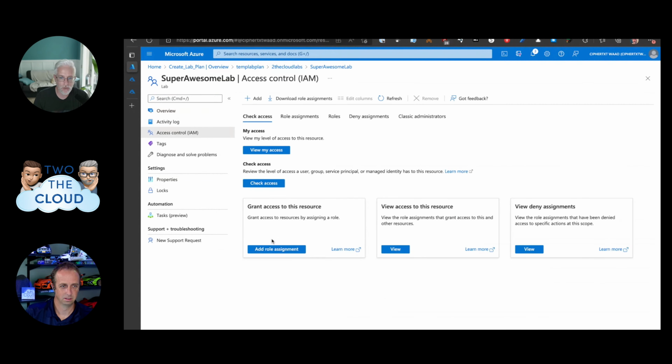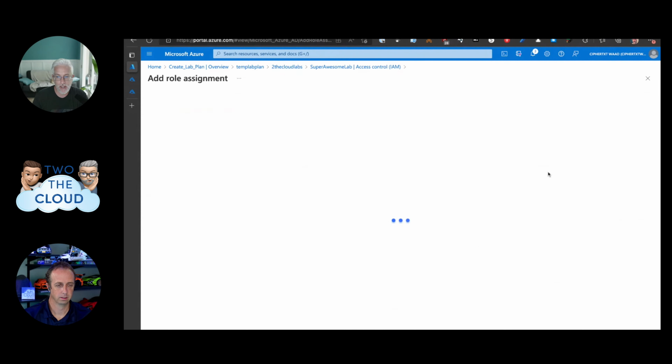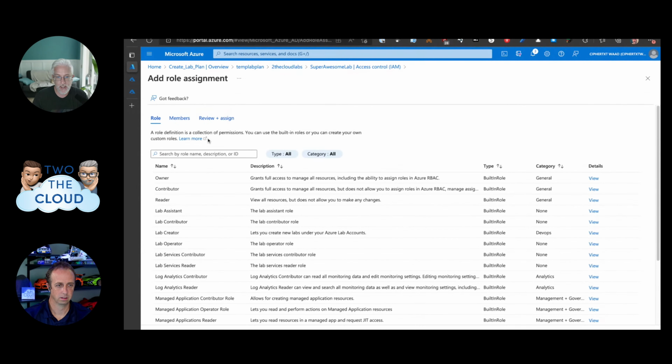But what I can do is set RBAC on the lab resource. Say I wanted to share this with you, like we want to be co-admins in here. I can come in and give you a role assignment where I can say, hey, I want to add Ben as a lab contributor.